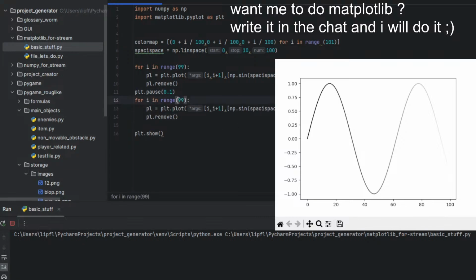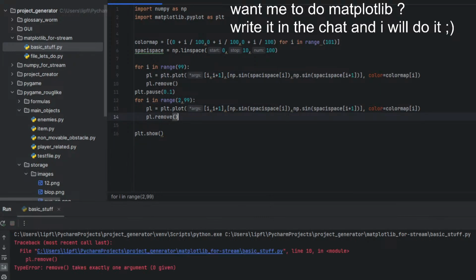In range. How does that work? Still learning.